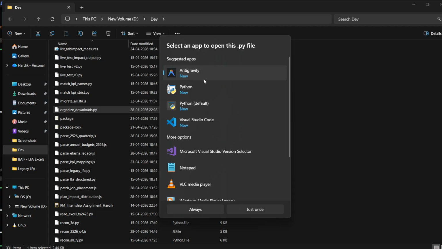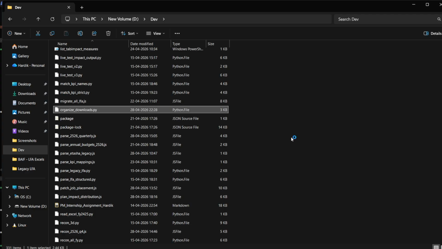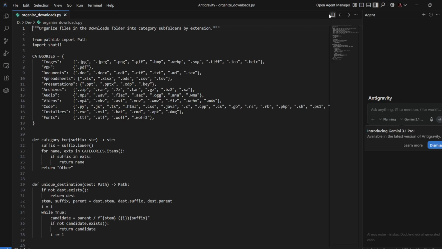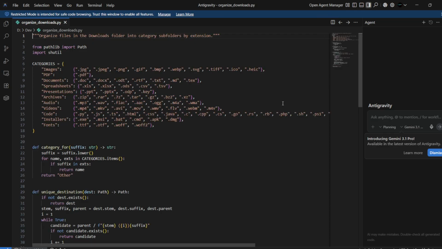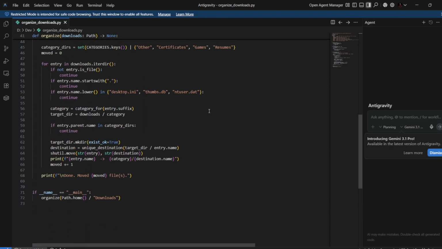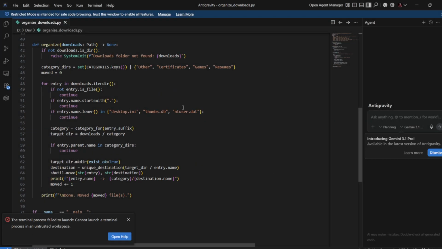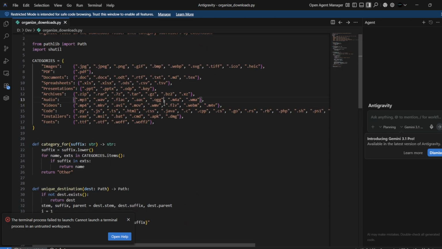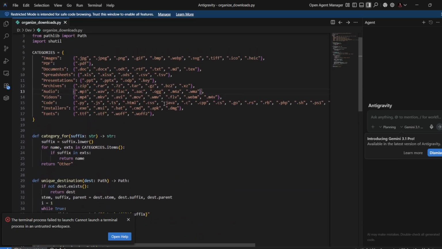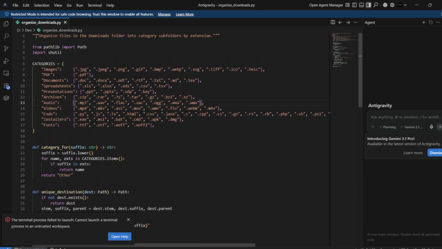I will be using Anti-Gravity, on which we will also be uploading videos very soon. If you don't know about Anti-Gravity, it is an interactive development environment just like VS Code, but with the power of AI agents. Here you can see this is the script it has written, and you can directly take action on this script, like editing it or duplicating it or even publishing it to your GitHub, or use it as source code for other